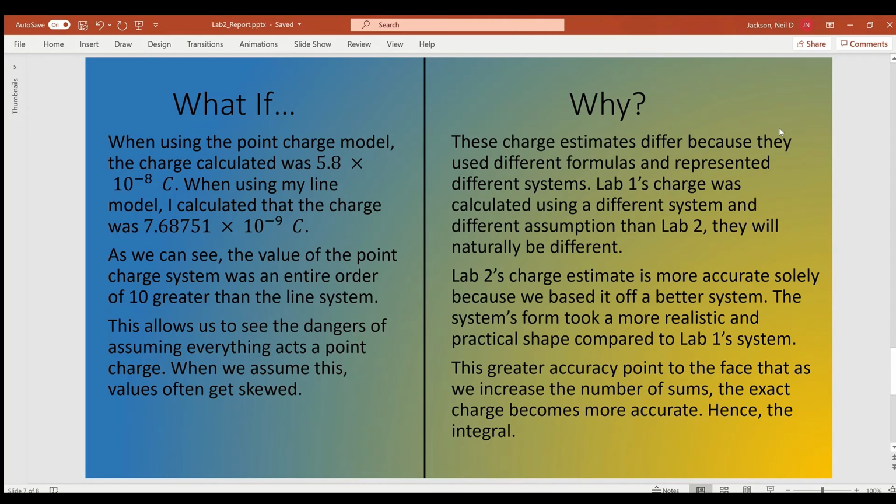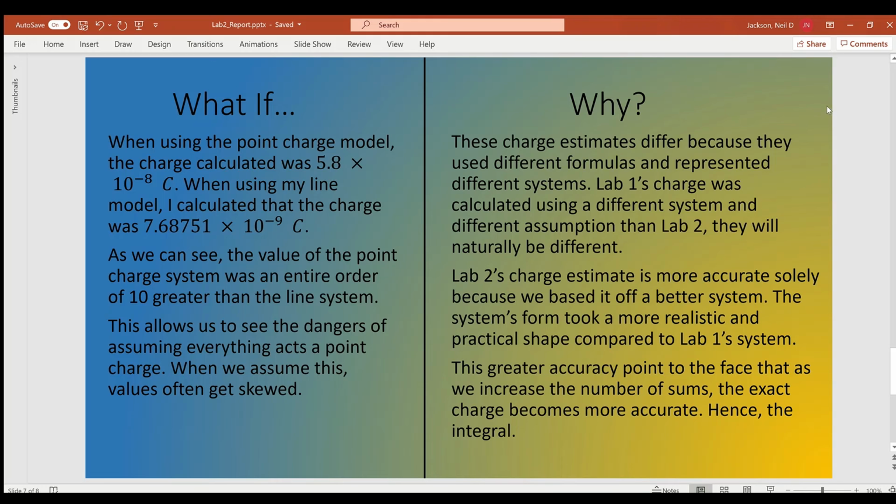And so when we integrate and we're able to get a much better idea of a full tape, we're able to get a better, more finite solution to the charge on our line tape. And then for the why, I basically said the same thing, except Lab 2's result was more accurate solely because the system was better. We picked a far better system, and the assumptions we made were less and less severe